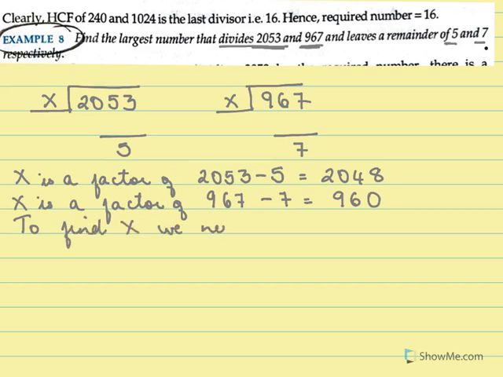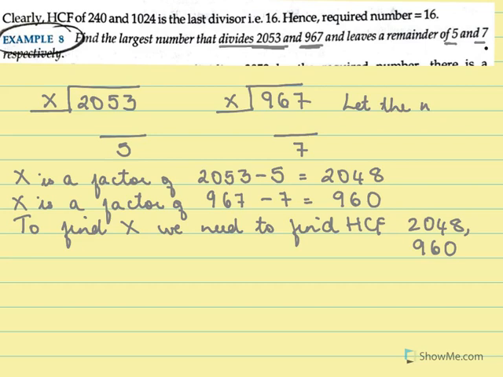So to find x, we need to find the HCF of 2048 and 960. However, here you got to start the sum by saying let the number be x. So to find the HCF, we take